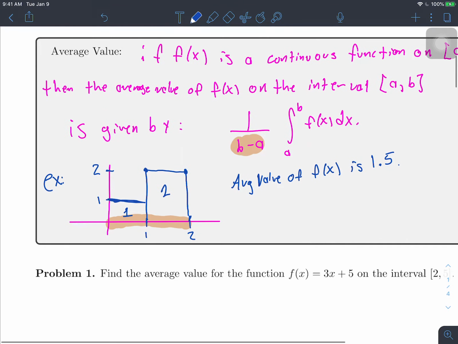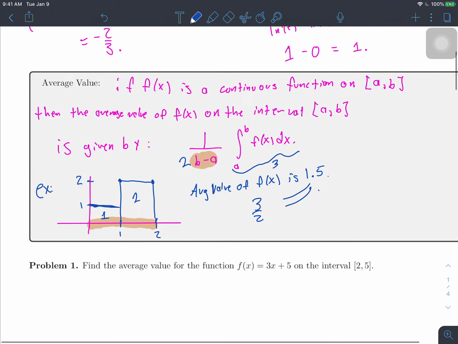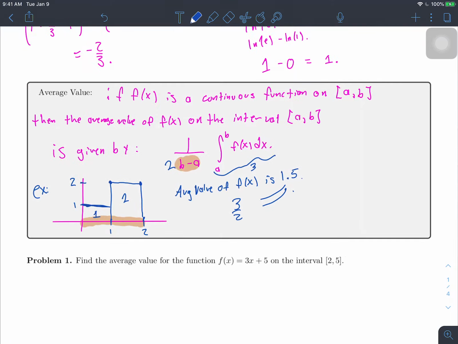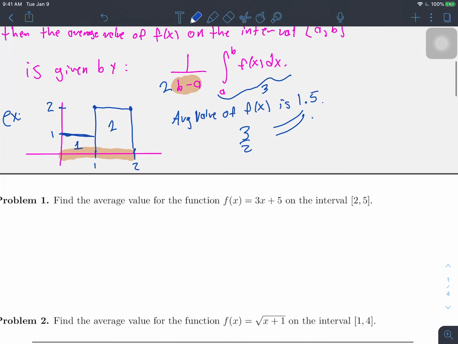Okay? So, in our case, we said that the integral from a to b of f of x dx was 3, and we said that b minus a was 2, so we got 3 over 2, which was 1.5. Okay? So that's what it's saying. However, this is kind of a really obvious example, but we can handle more complicated things now, such as what